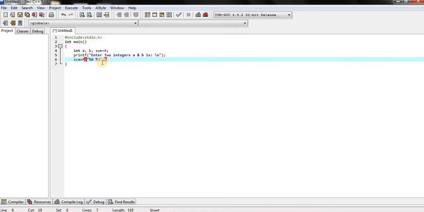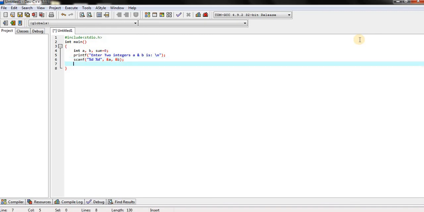And comma, we have to know the address of the variable also, where it is stored: &a, &b; semicolon, enter. Then we are assigning values to the variables a and b at runtime, for the addition of two integers.